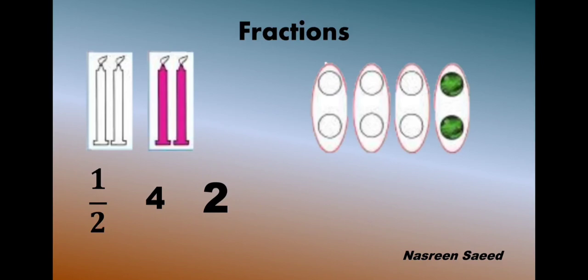Let's take one more example. Here we have a set of 8 marbles. It has been divided into 4 equal parts. One of the parts is colored. That is 1 upon 4 or 1/4 part has been colored. If you see, 8 को divide किया है 4 sets में. So that shows 1/4 of 8 is 2. So 1/4 of 8 is 2.